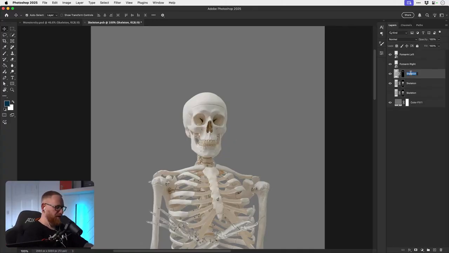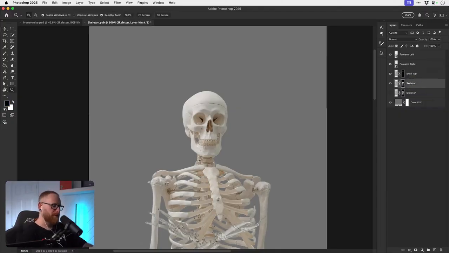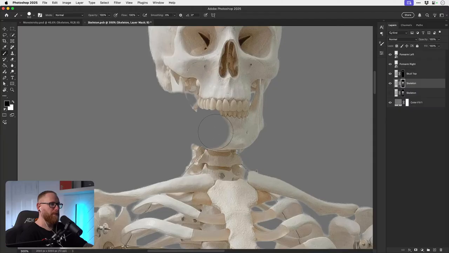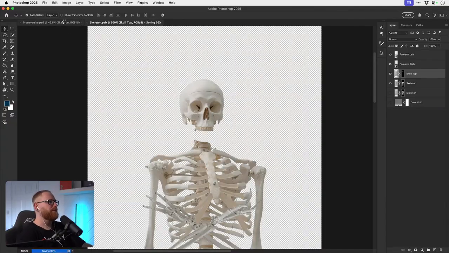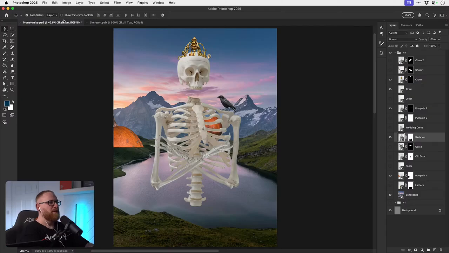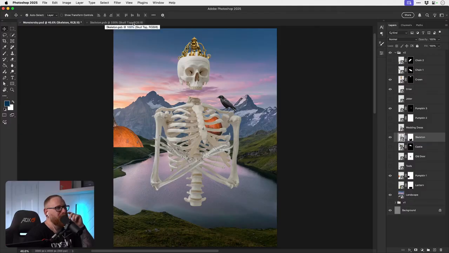So what would this be? Skull top. I wonder if we could do something like this. Do like a flaming something. Make it truly into its own beast.